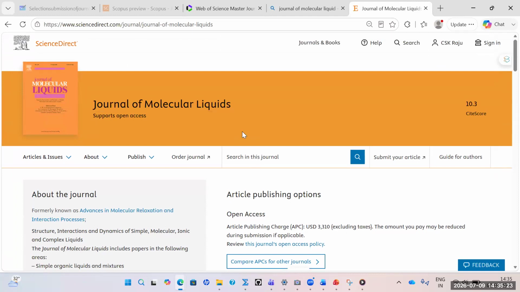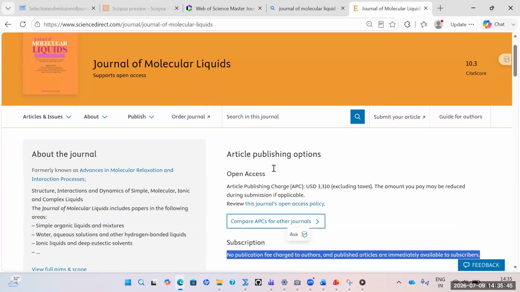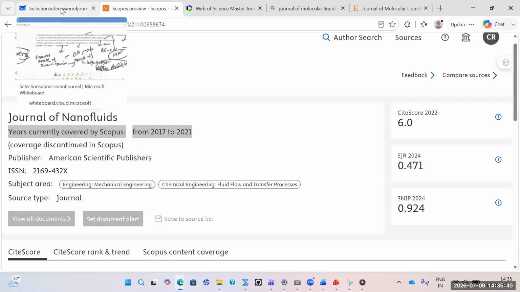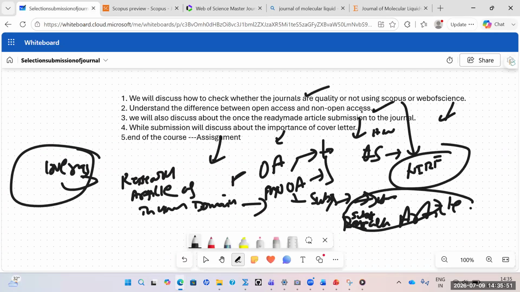So I hope as of now, what we have done, we have tried to understand the scope of the Scopus database and Web of Science database. Is it clear? Any doubt in this? And then we also tried to understand the difference between open access and non-open access, the terminologies. And then the next stage, we will also see